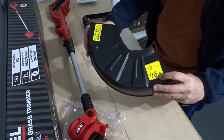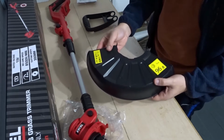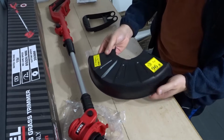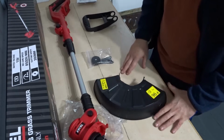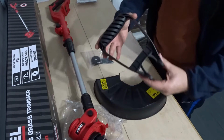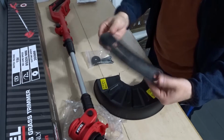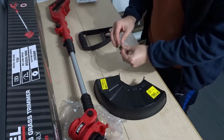It says on here 96 decibels operational volume. That's not too bad, and that's, I'd say, about average in my experience with cordless grass trimmers. Here is the handle that you get as well, and it comes also with